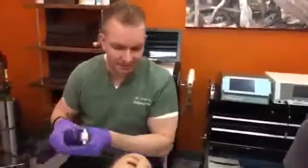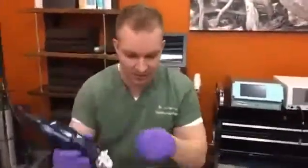Right, and some of the other treatments that we've done, they have not been graphic. This may be a little graphic, and we do want to warn you, you might see a little blood. And what is that we're seeing exactly? Basically just some pinpoint bleeding from where the microneedles go in. I'm going to do a little...